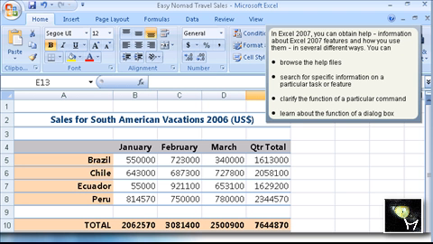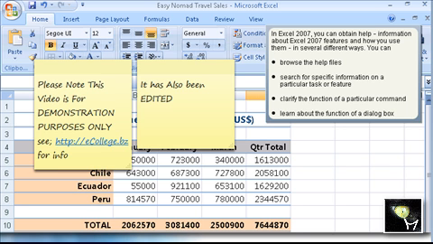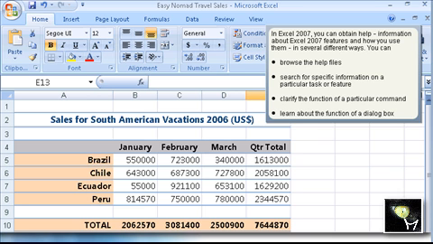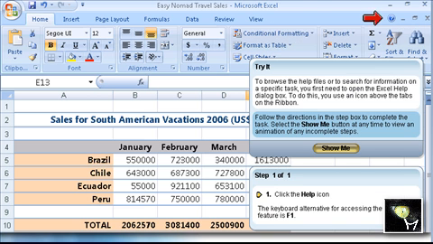In Excel 2007, you can obtain help, information about Excel 2007 features, and how you use them in several different ways. You can browse the help files, search for specific information on a particular task or feature, clarify the function of a particular command, learn about the function of a dialog box. To browse the help files or to search for information on a specific task, you first need to open